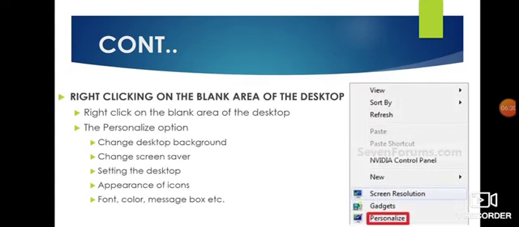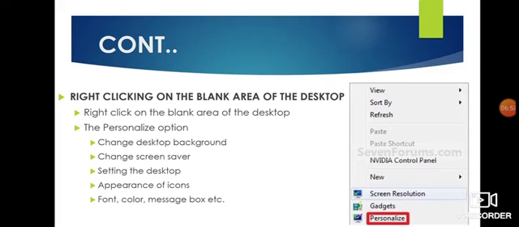Right click on the blank area of the desktop. If you go to the desktop and right click on it, you can see this pop-up window: view, sort by, refresh, new, screen resolution, gadgets and personalize. These are the shortcut menu for the operation. If you want to go to personalize, you can directly go to the personalize window by right clicking on the desktop.